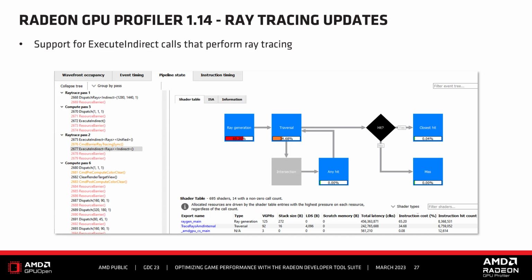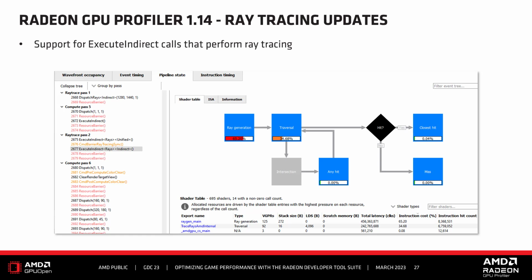In both cases, when the indirect compilation method is used, you can see the ray tracing pipeline flowchart, which lets you know which stages of the pipeline are the most expensive. You can also see the shader table, which helps you understand which individual shaders within the ray tracing pipeline are the most expensive.